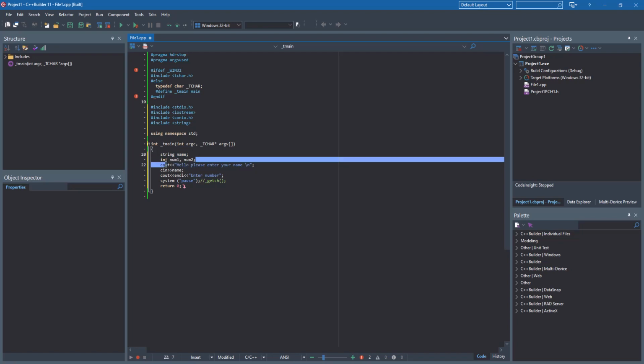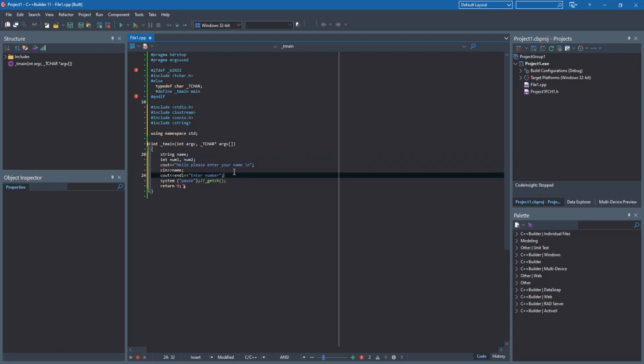Essentially what I did here is, these are two variables right here, so it's essentially the same as this, but I prefer keeping it like this, making the code simple. Okay. And enter number means cin num1,